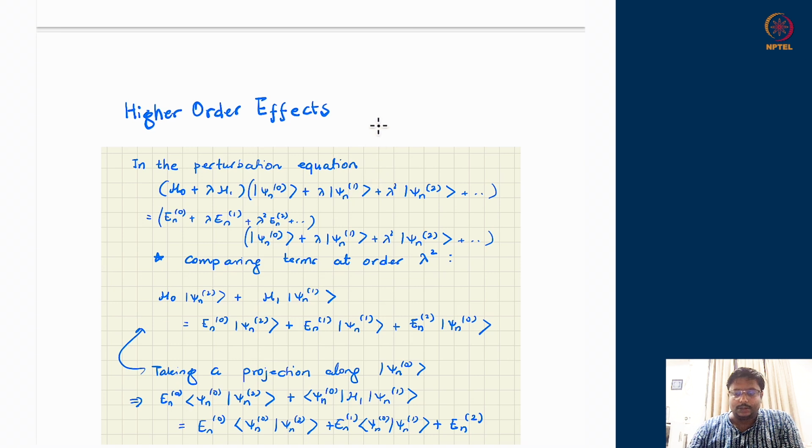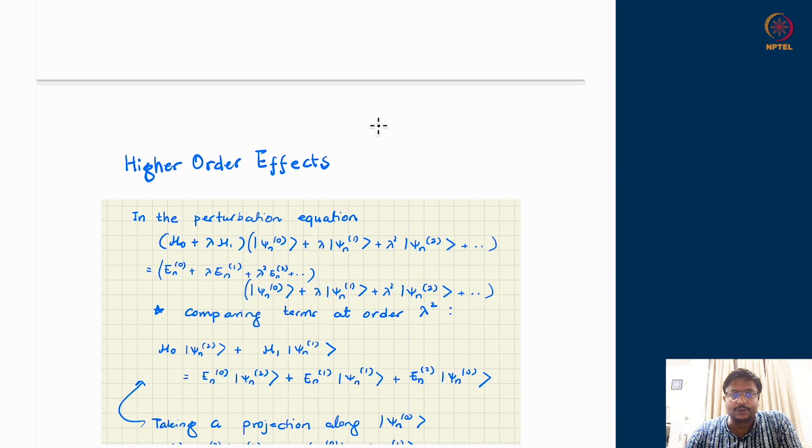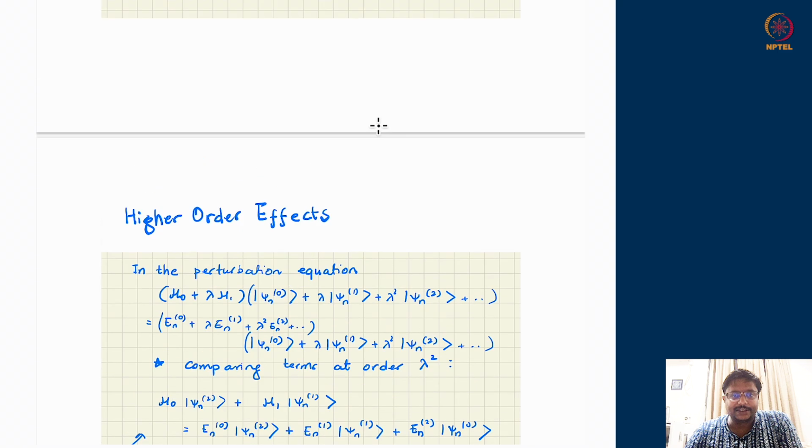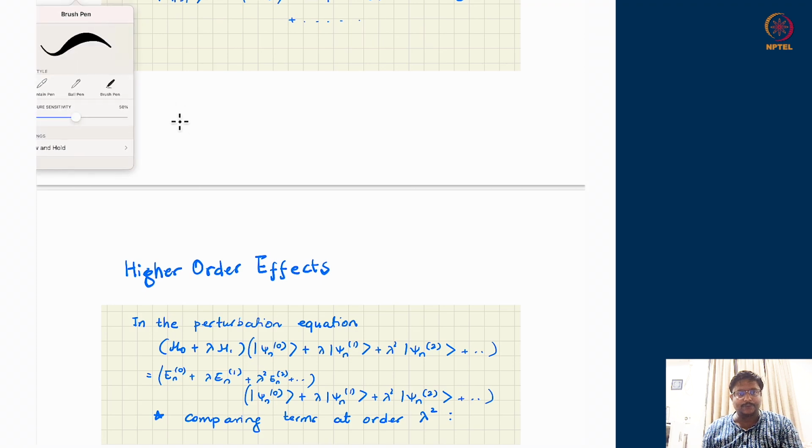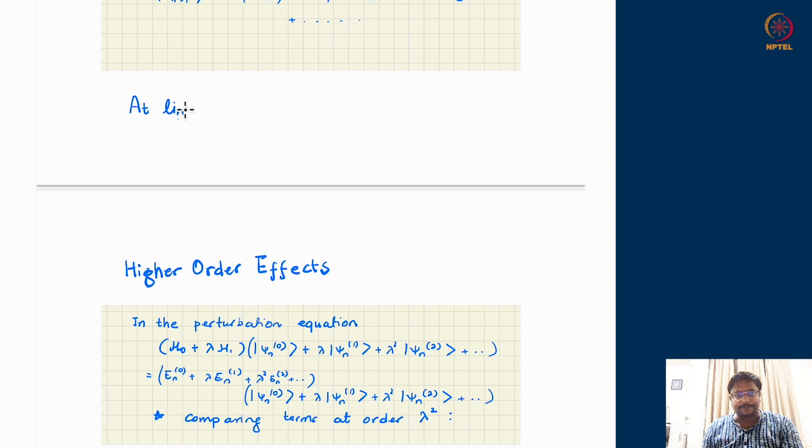So in this discussion session, we will move our discussion from linear order perturbation effects to higher order effects. As we recall in the previous discussions, we have learned how to compute first order effects, and let me just write down the expression for you here so that we can reflect upon what we have learned. At linear order of the perturbation parameter, at linear order of lambda, we have learned that the first order correction